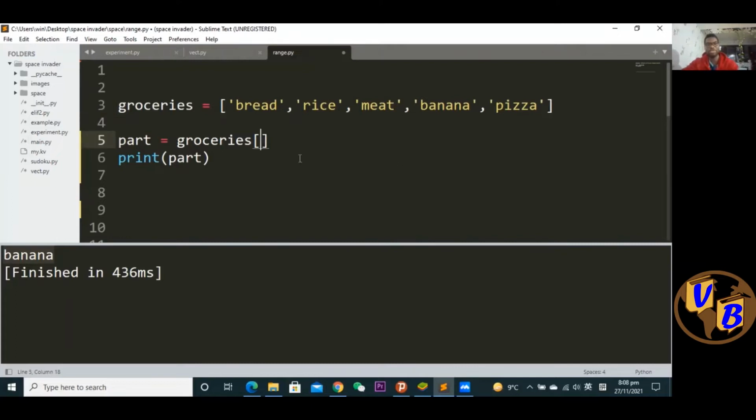So we said if we want to extract more than one element, we have to pass in two indices, and then we separate them with a colon. Let's say I want to start from index 2 and go up to index 4. This is how I do it, and then I can run this. You'll see I have the meat and banana. To prove that, it starts from 0, bread; 1, rice; and then meat is 2. As you can see down here, the 4 is not going to be included. What it simply means is it's going to count up to 3, and then 4 is not going to be